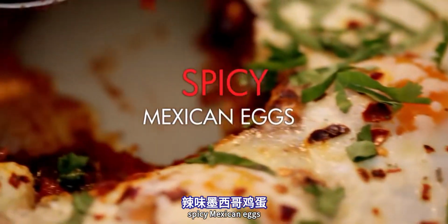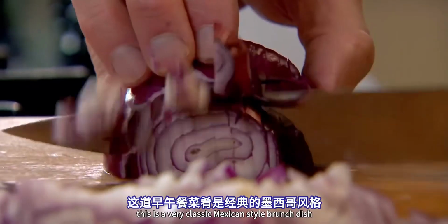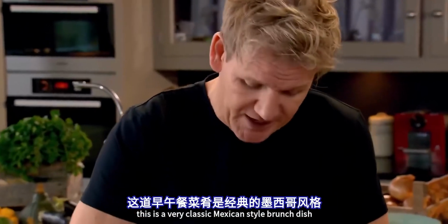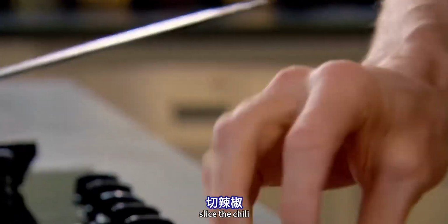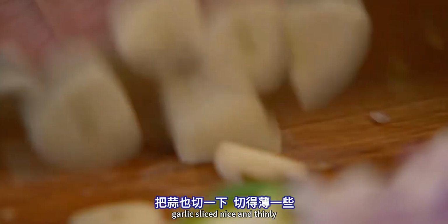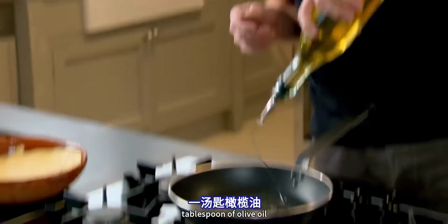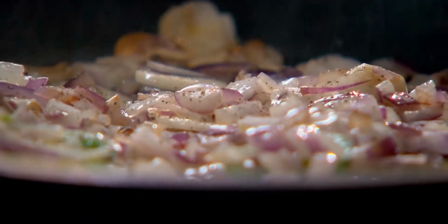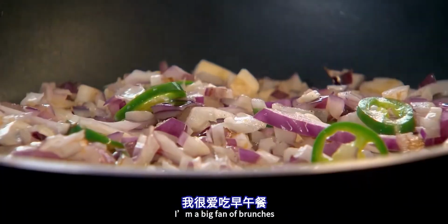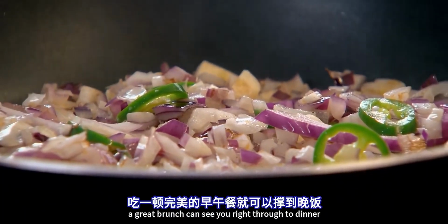Spicy Mexican eggs. This is a very classic Mexican-style brunch dish. Bold, kick-ass flavors. Slice the chili, seeds in. Garlic sliced, nice and thinly. Tablespoon of olive oil. I'm a big fan of brunches, and if you get it right, a great brunch can see you right through